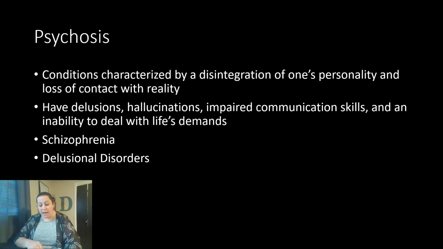There are different types of delusional disorders. There's grandiose. This is an inflated sense of self-worth, power, or knowledge. There's a jealous type, which is the belief that their sexual partner is being unfaithful. Erotomatic, which is a belief that someone of higher status is in love with them. Persecutory, which is seeing suspicious actions or having feelings that people are spying on them. And then somatic, which is the belief they have a physical disease or disorder.